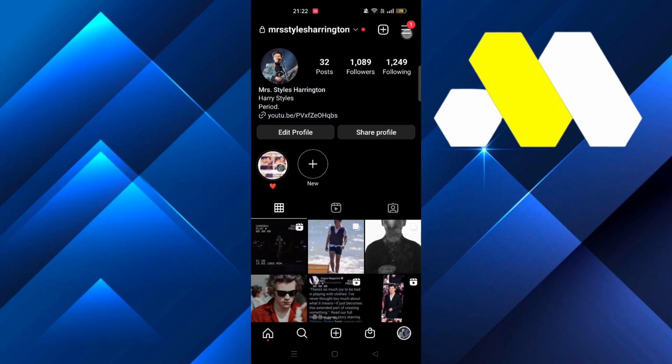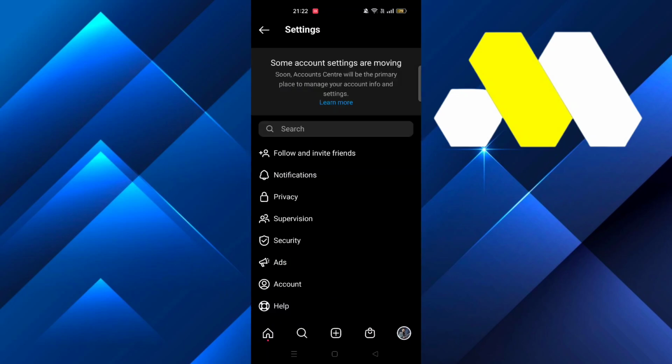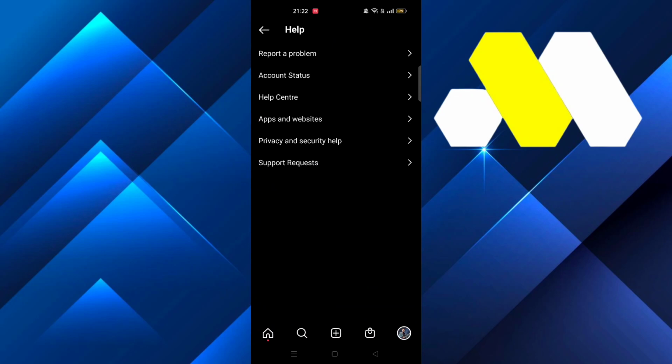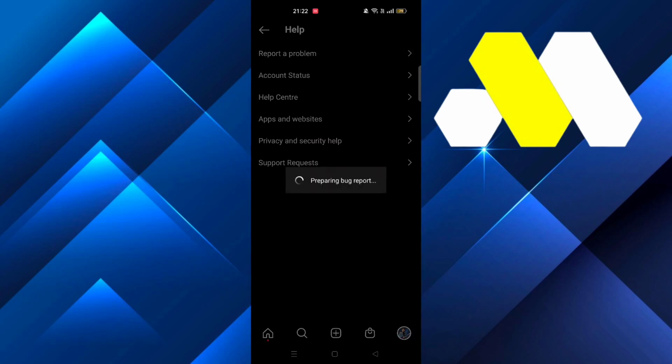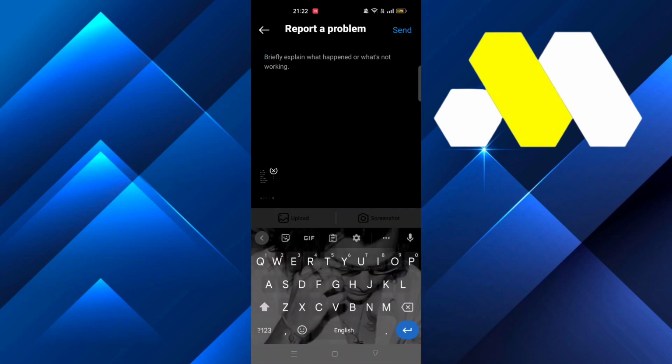So what you have to do is tap on the three dots and then go to settings. From there click on help and then report a problem, and then click on report problem without shaking, and then click on include and continue, and from there type, hey Instagram, my app is completely updated and up to the